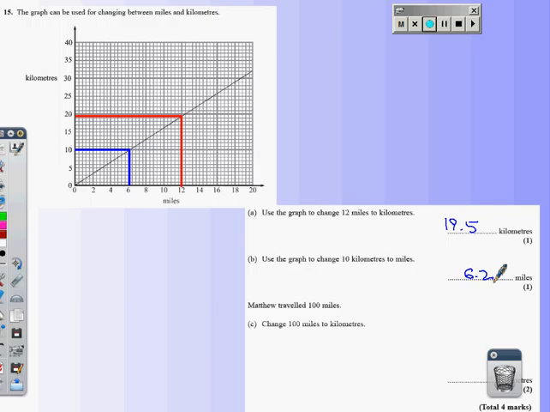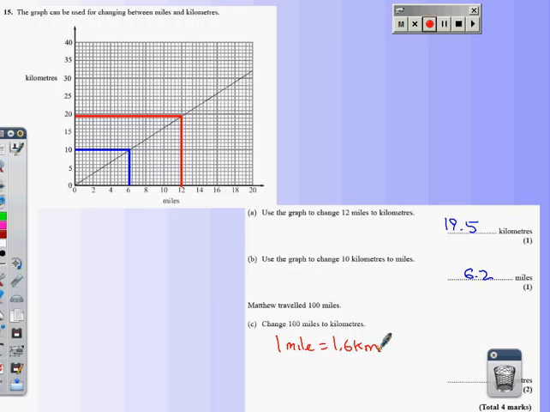Now in the last one, you've been asked to change 100 miles to kilometres. Now you should know before you go into the exam that 1 mile is equal to 1.6 kilometers. You should know that. You've been lucky here if you didn't and they've given you this graph, because you could